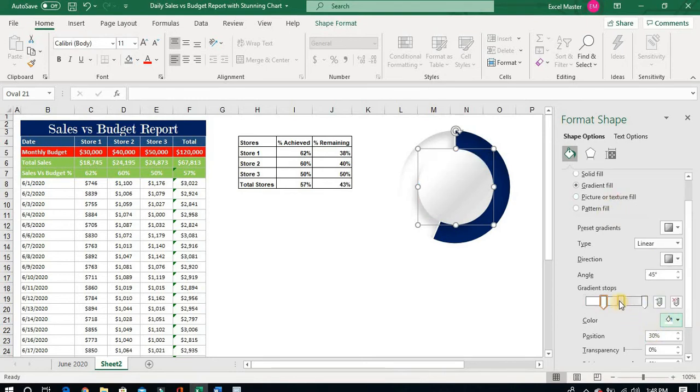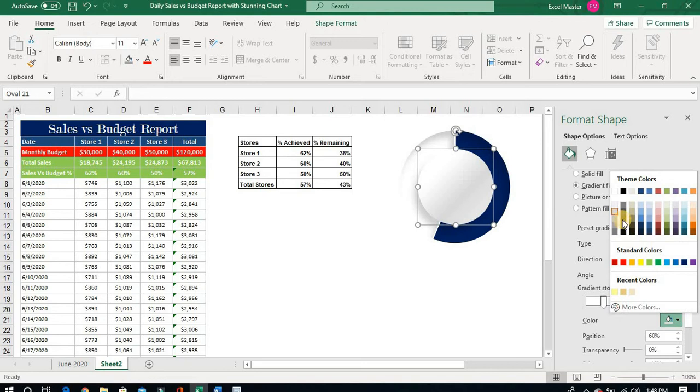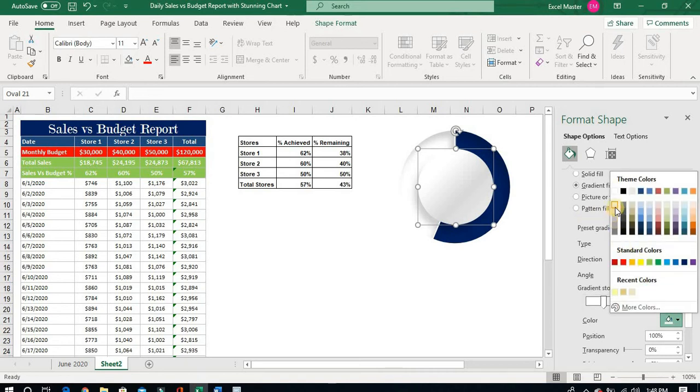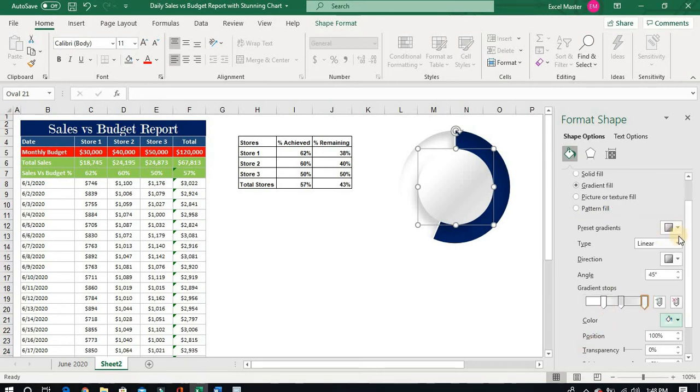white, and the second stop is on 60% position, and we will change the color to darker 15% gray, and the third stop we will change to the position 100% and we will give the color light gray, and we will change the type to rectangular, and direction we will change to top right corner.